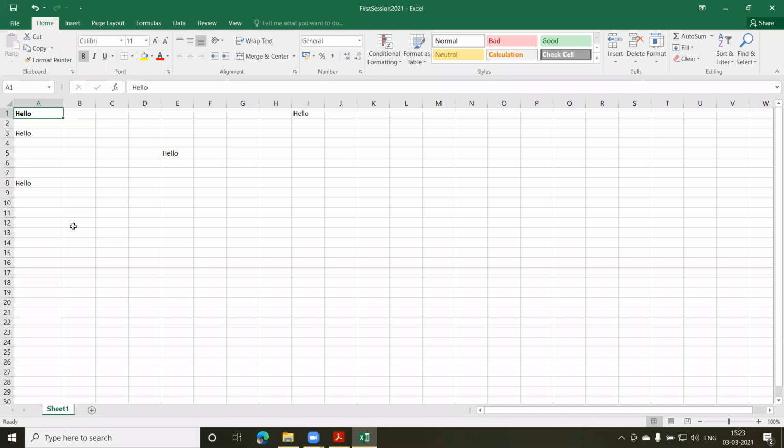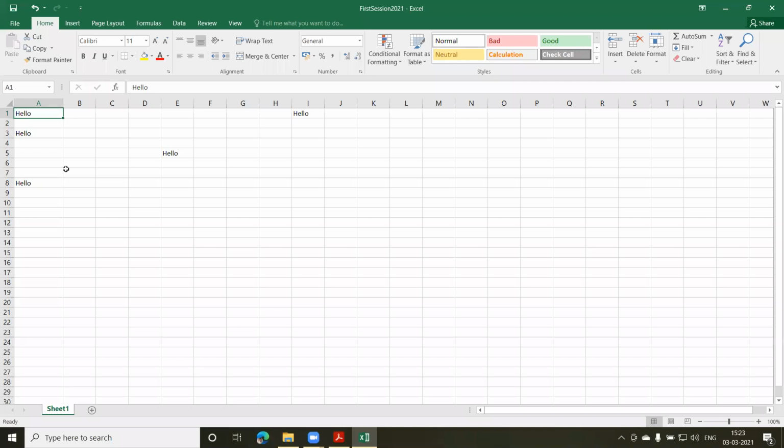But I realize that I have made a mistake here. I don't want this to be bold again. So if I want to unbold it, you have to click on the same button again. So here you can click on it and it becomes normal again. So this type of button is nothing but your toggle button. So we saw a simple button, we saw a toggle button, we saw a split button, where it was a combination of a simple button and a drop down.